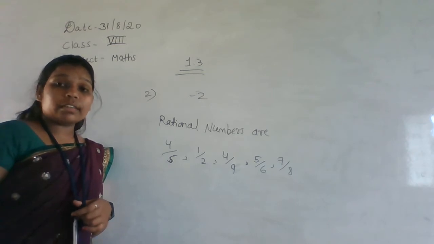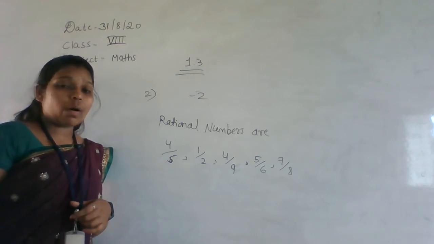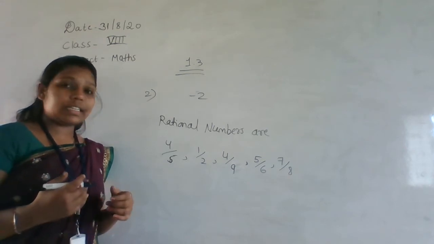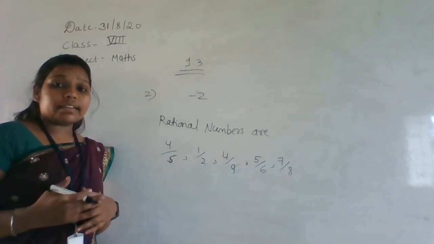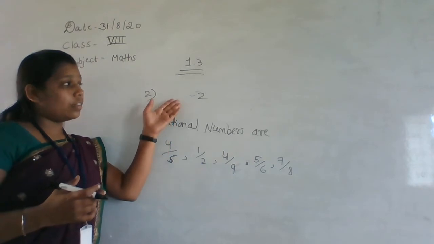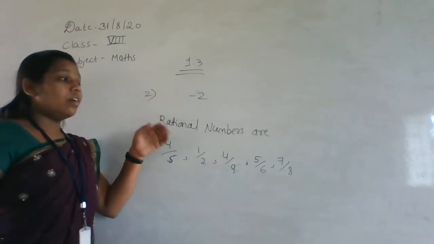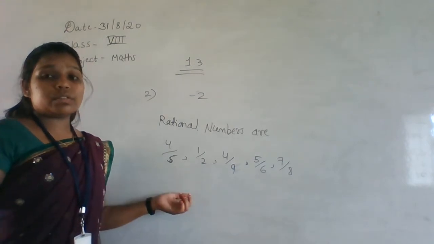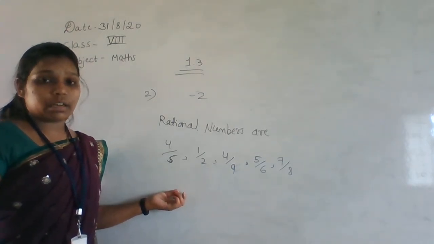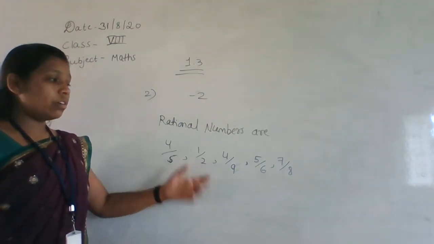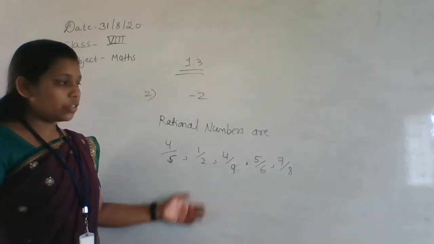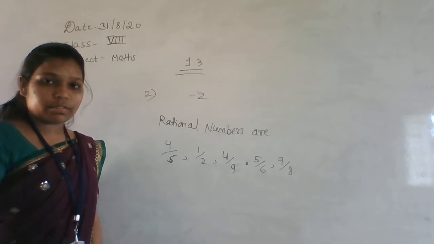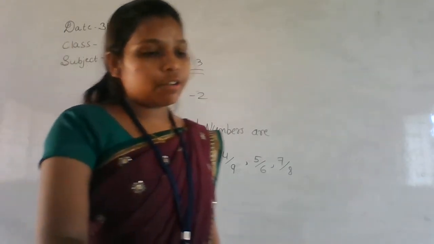Okay, don't write a minus 3, minus 4, minus 5. That are all the lesser than the minus 2 values. Okay, so that's why they told write the greater numbers than the minus 2. So here write any positive numbers. Write any positive rational numbers here. So I have written here 5. Okay, if you want to change, here you can change the numbers. Okay, so next we'll go for the